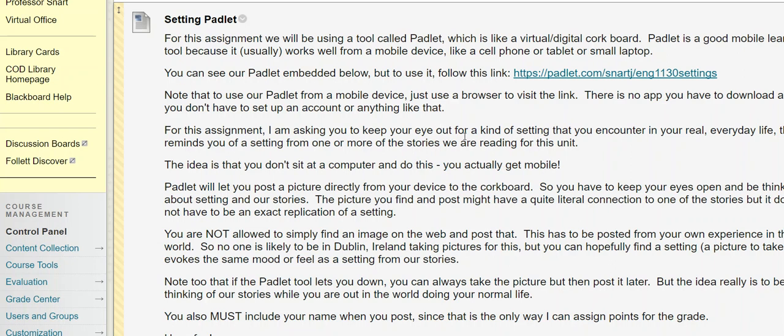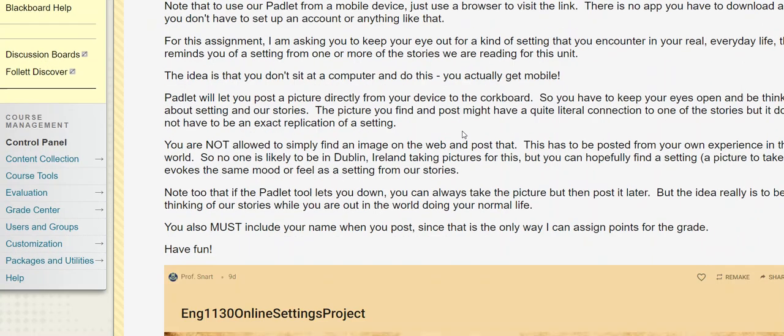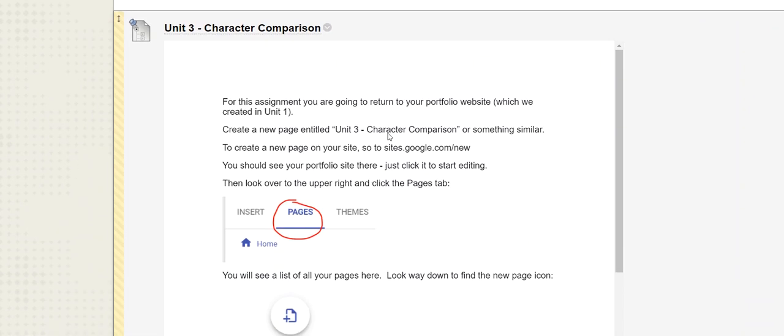So make it as natural and mobile as possible. This is not a sit at your computer and do the assignment. Speaking of which, this is a sit at your computer, do the assignment, the other piece of what we're doing